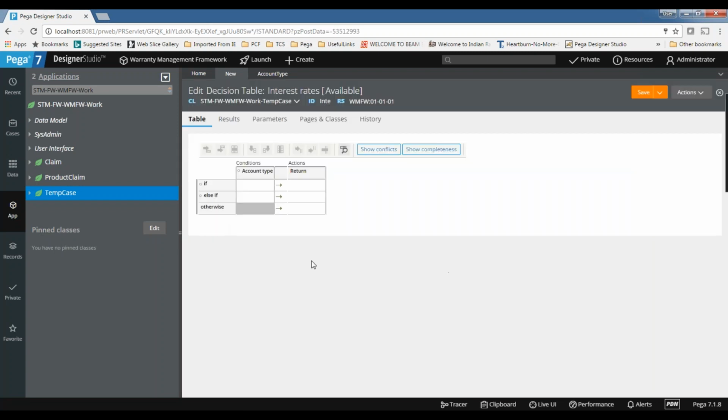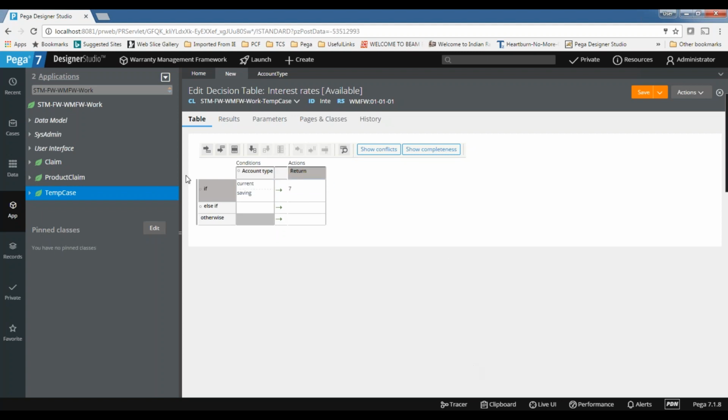Now, let's say this will be useful if you want to return the same value for if-else OR conditions, like if the account type is savings, let's say OR, I'm saying OR current account. So if the output is the same for multiple conditions, you can use this one.